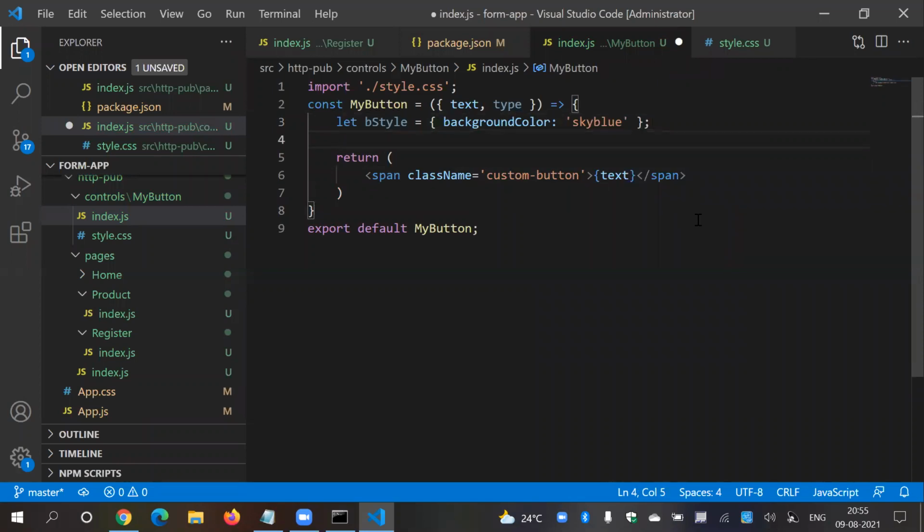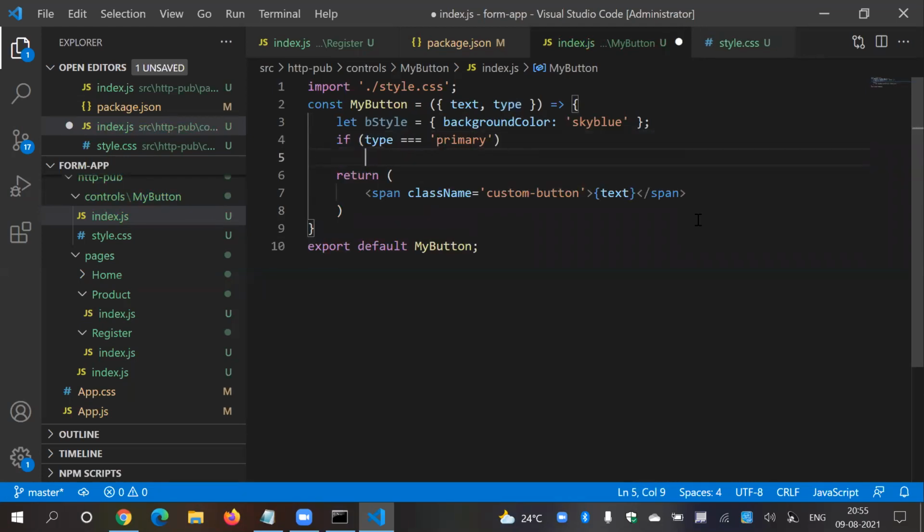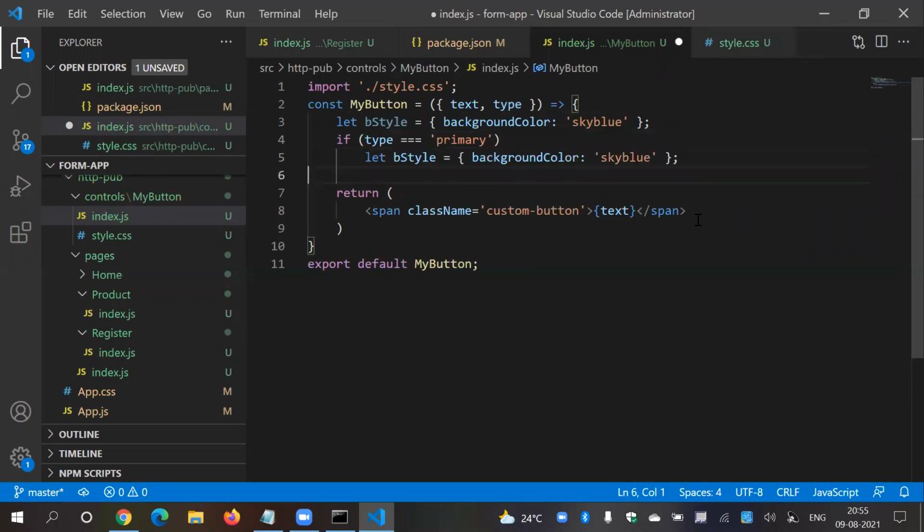Okay. So if type is equal to, what is our first word, primary, then what, copy paste. So what I'm going to do, I'm going to just change this color.